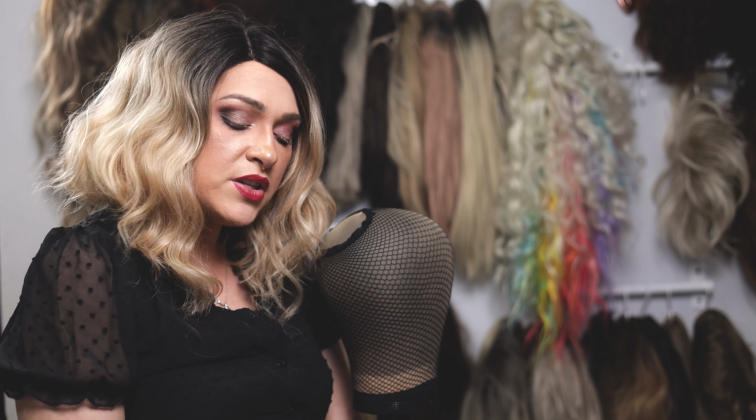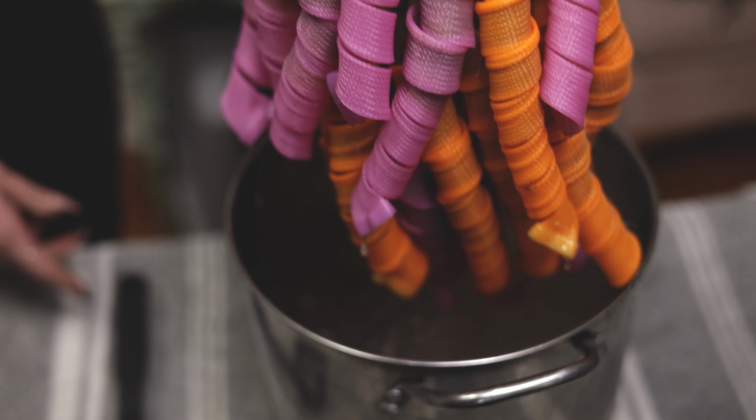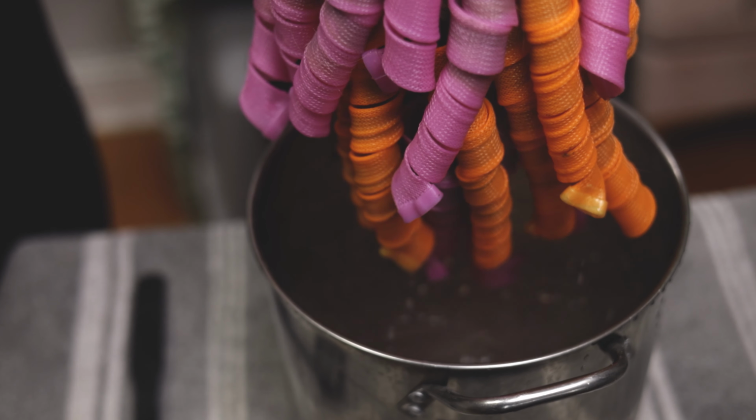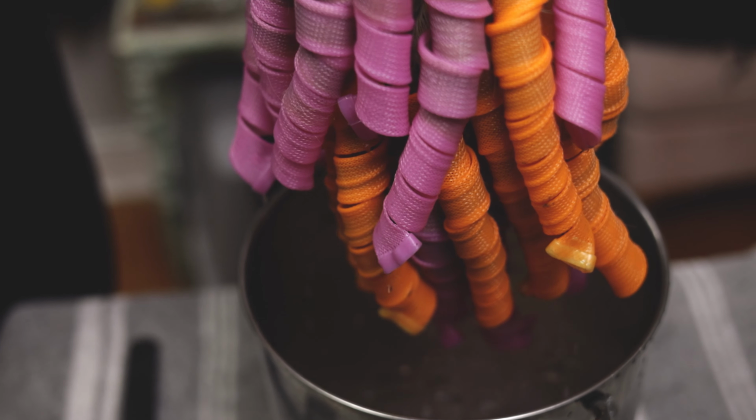All right, so you're gonna wanna go ahead and take this out now. That's why I recommend some type of tongs or something that you can really pull it out, because you want to try to do this without damaging the wig. I usually try to get underneath the cap and then I can pull it up really well. And this is also why it's nice to do this preferably on your stove. We did put this on a table just to make it easier to film it, but you would be transferring